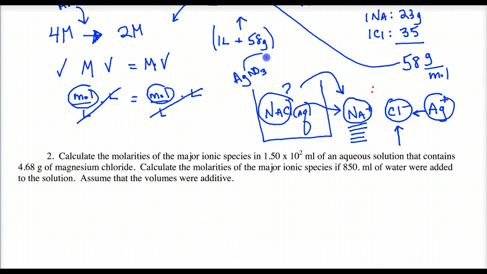But if I was to add silver nitrate to this solution, we know nitrates are always soluble, so I'd be adding nitrate ions, which would just be spectating, but I would also be adding some silver ions. Oops, I got rid of my container, which I didn't want to do. So let's put that back there. And in any case, the silver ions would link up with the chloride ions. So I would make a precipitate,